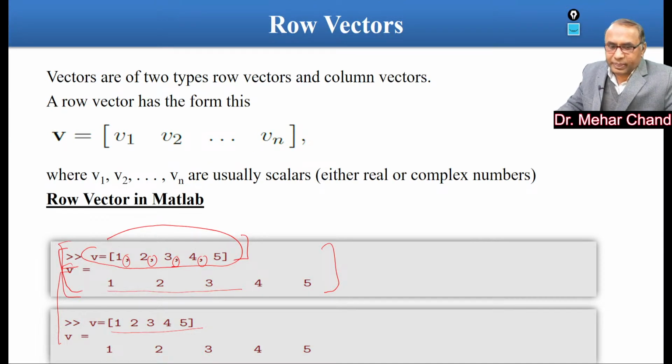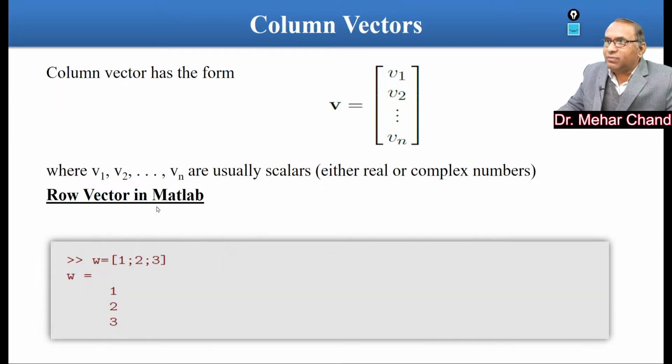Now we have a column vector. V is equal to, you can see here the example of the column vector, and v1, v2, v3 and up to vn are the scalars. Either these are real or complex. Okay,